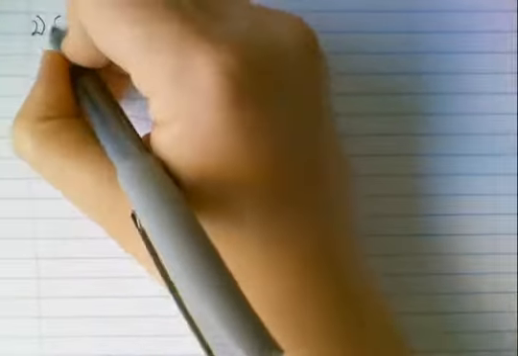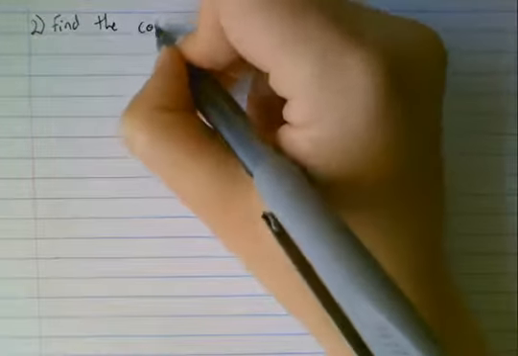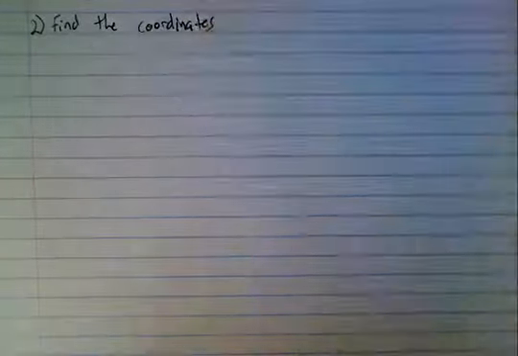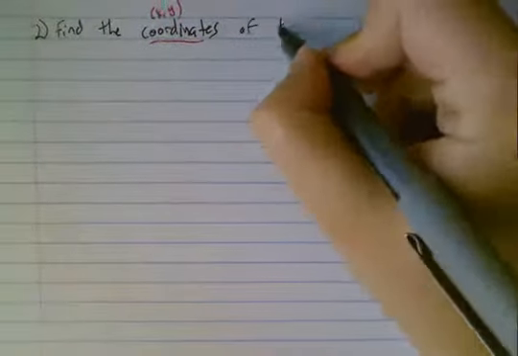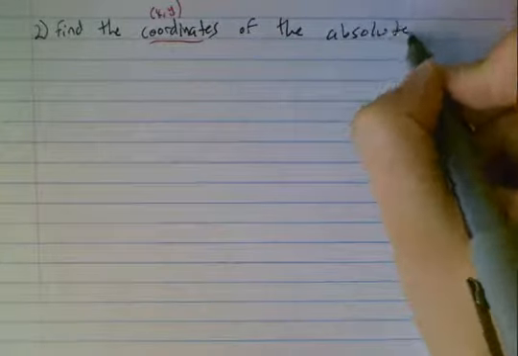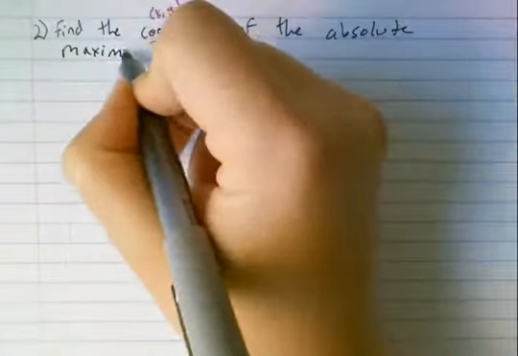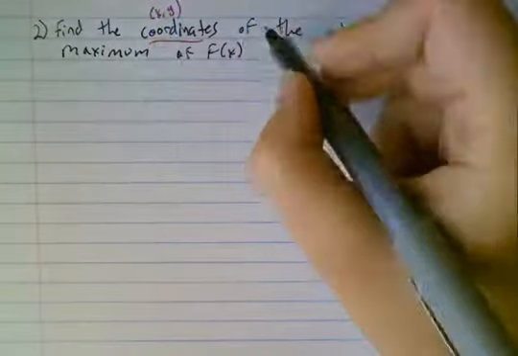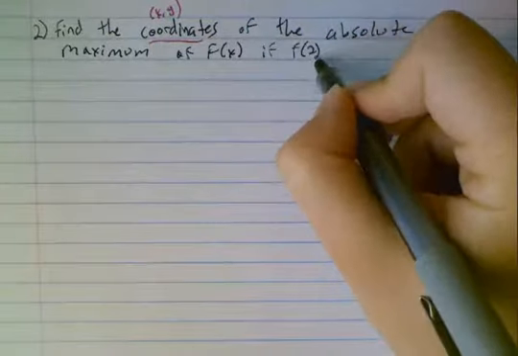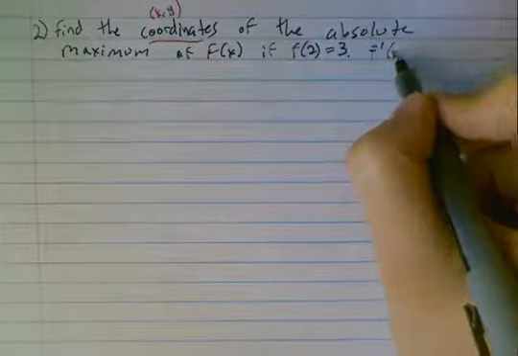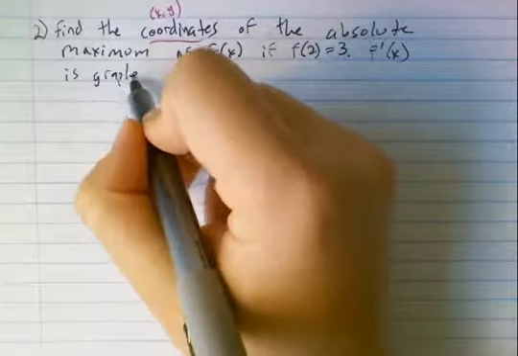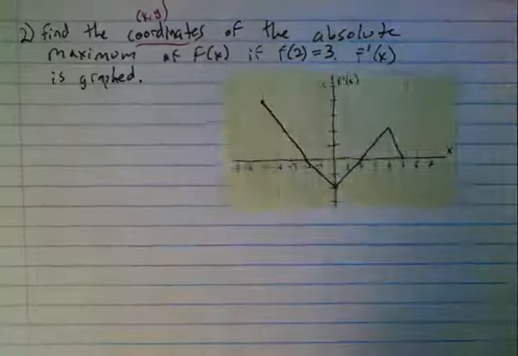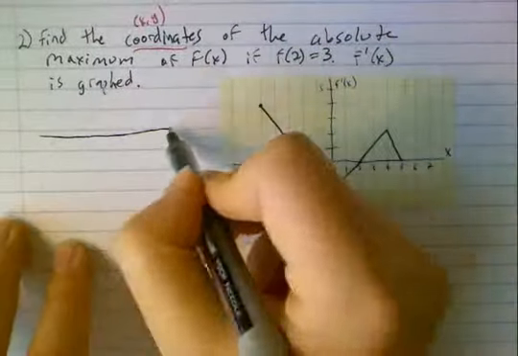So, I believe this is problem 2. Find the coordinates, so that's x, y, of the absolute maximum of f of x if f of 2 equals 3. f prime of x is graphed. So maximum and f of x